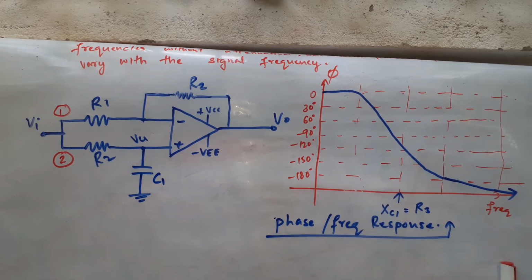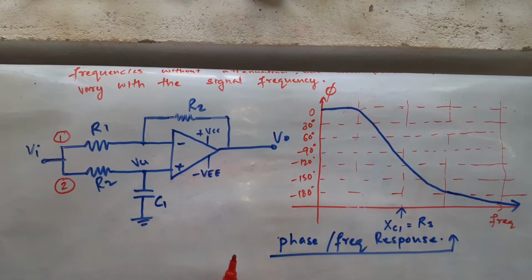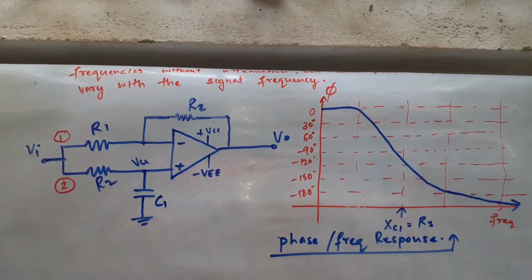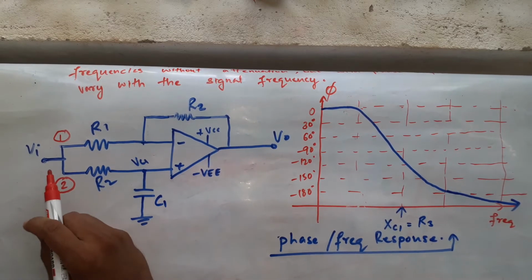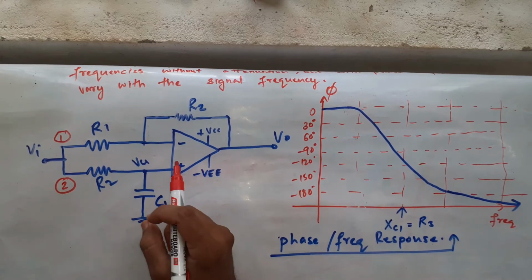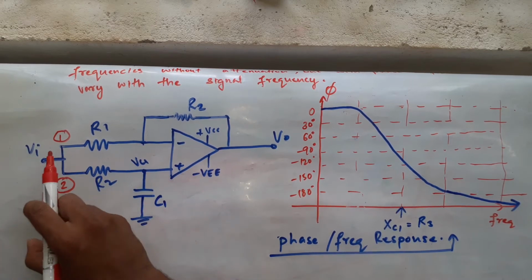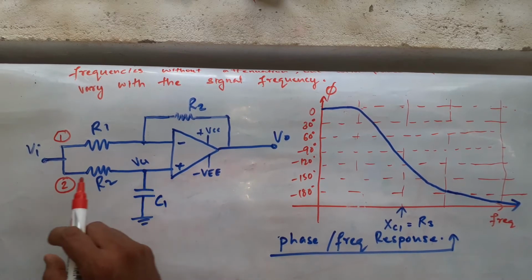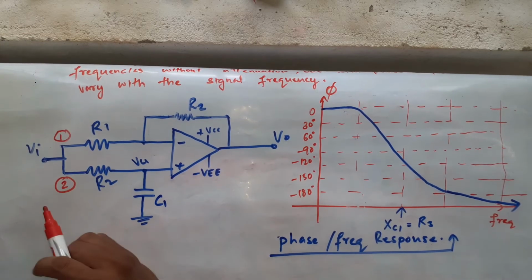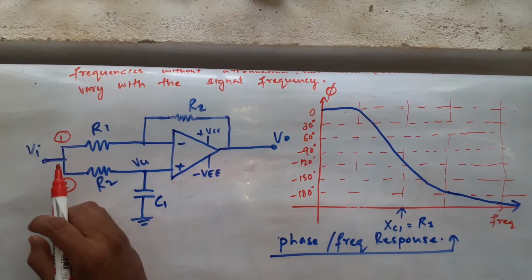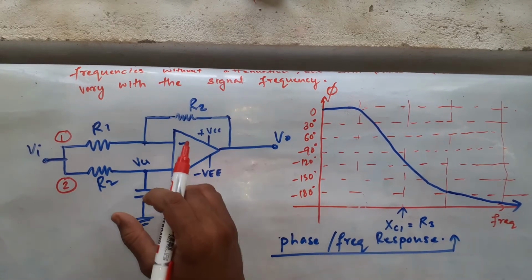Let us analyze its working. To analyze this circuit and see its working, as you can see, the input is applied to both the terminals. For our simplest analysis, we separate these two inputs, that is the inverting and non-inverting terminals. You ground one of the input and give input supply to only the other input and analyze the output.